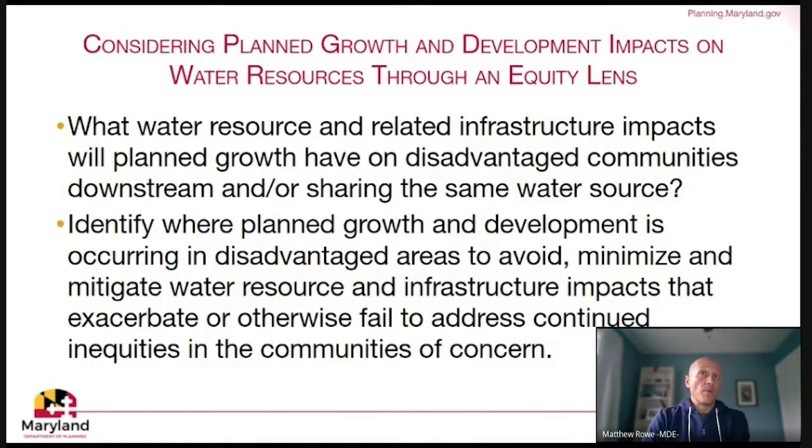And if planned growth and development is occurring in disadvantaged communities, think about how you can avoid and minimize and mitigate any water resource or infrastructure impacts that may exacerbate or otherwise fail to address the continuing inequities in the communities of concern. So put that lens on or that frame as you're thinking about